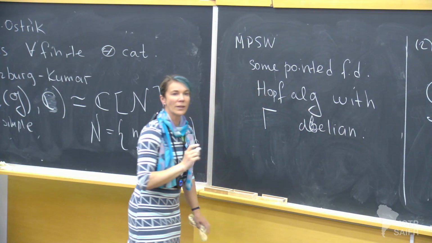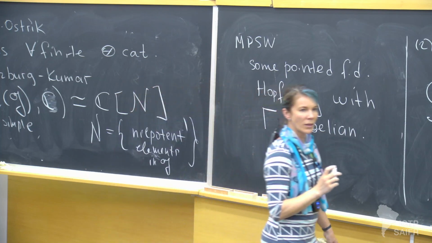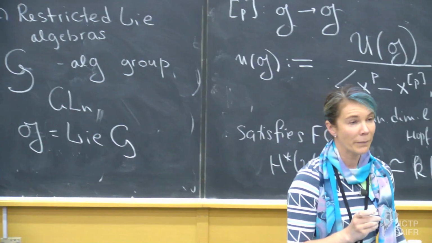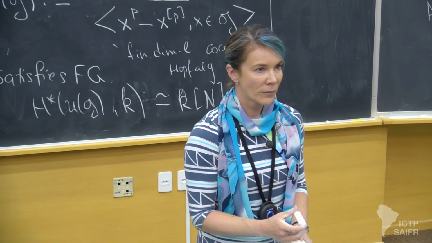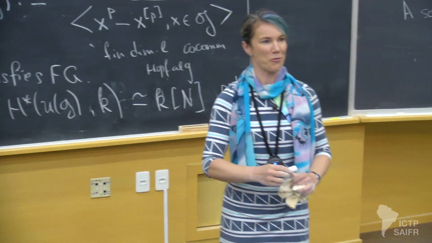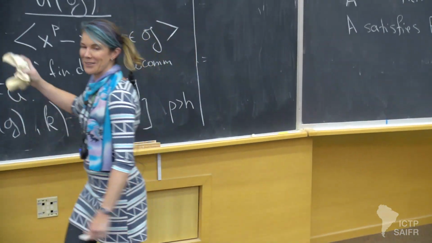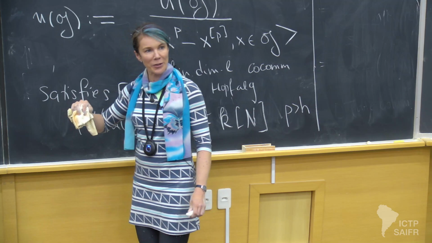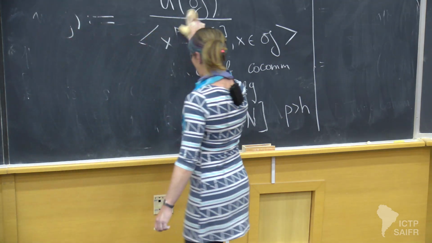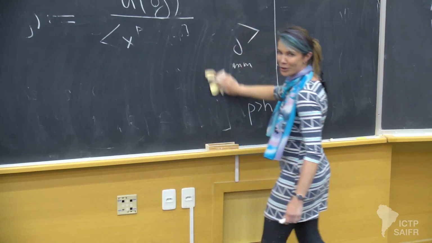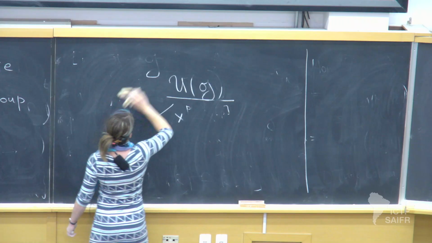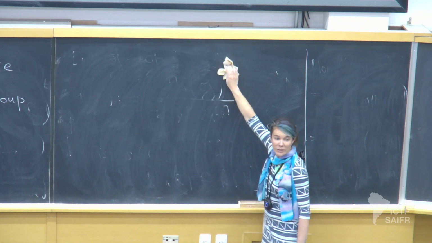So knowing FG for a Hopf algebra does not apply to the dual by some formal argument? Say it again. If you know FG for a Hopf algebra, you don't automatically know it for the dual? Very good question. No. It would be nice if you did, but no. But actually, part of our strategy for the theorem that I probably will have time to state is to investigate what happens for the Hopf algebra and for its Drinfeld double.